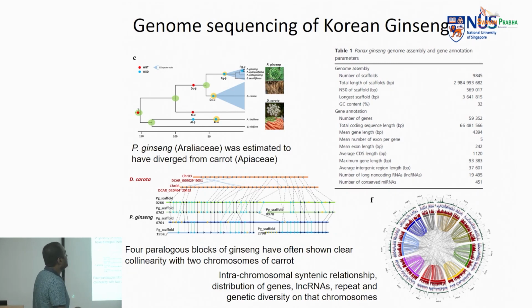The first thing we noticed, so this table gives you a snapshot of the assembly. What is the total genome sequence? The number of scaffolds was still around 10,000 scaffolds. As and when there is an improvement in the genome assembly, this gets drastically reduced and it gets into some of the chromosome levels.